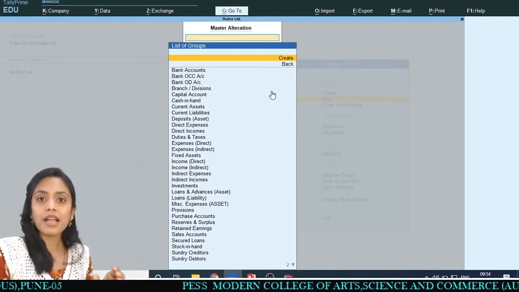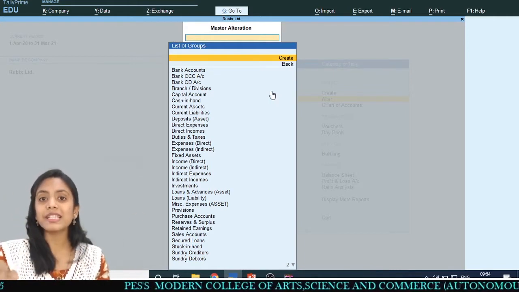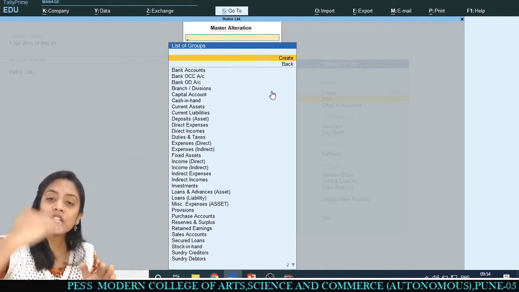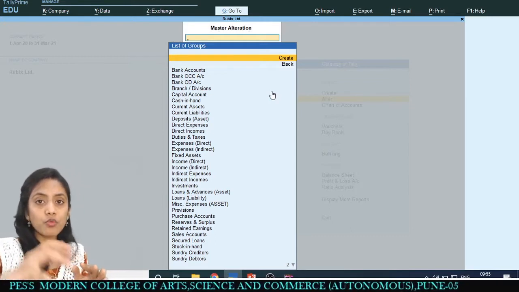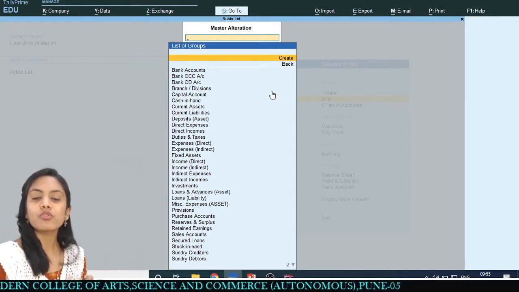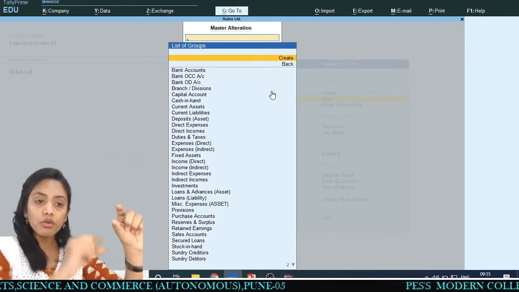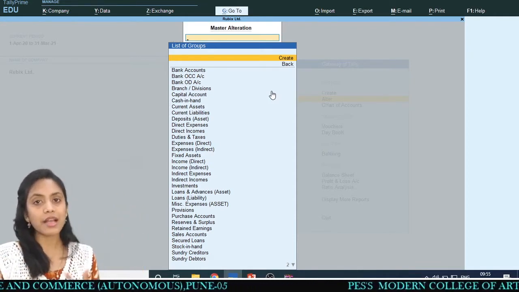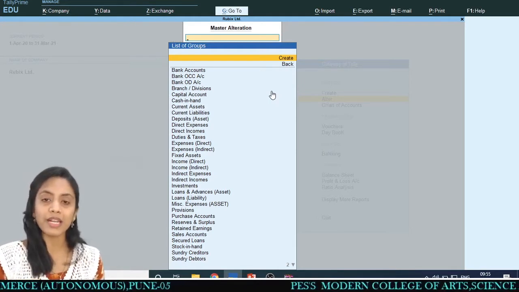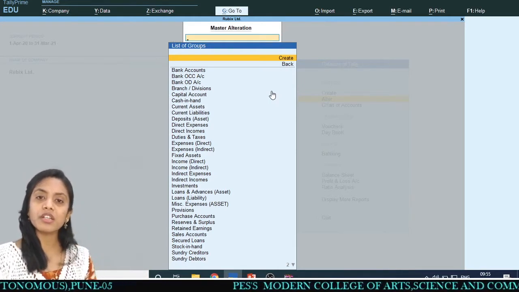This ICICI bank account, Maharashtra bank account, we have to create as a ledger, but under which group will it be created? It will have to be created under the heading of bank accounts. Means under bank accounts there will be ICICI bank account, Maharashtra bank account, SBI account, likewise. Okay, I hope you have understood up to this one.